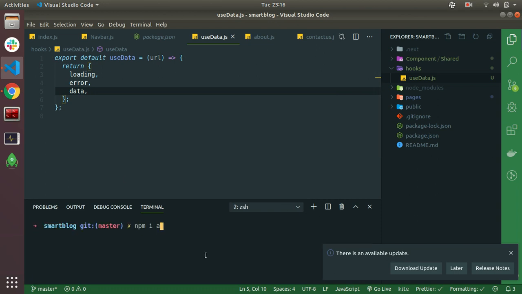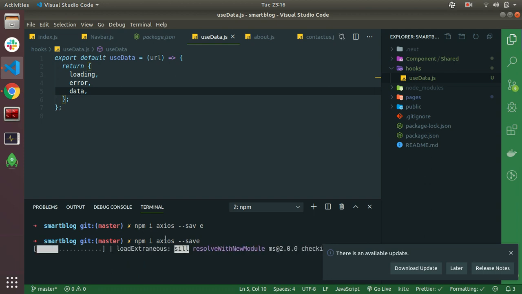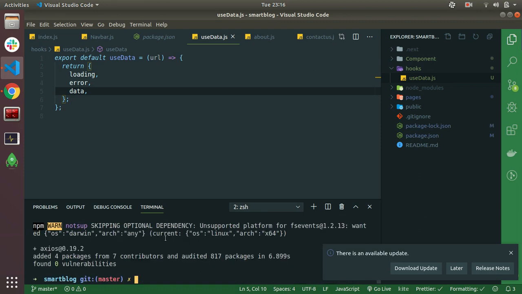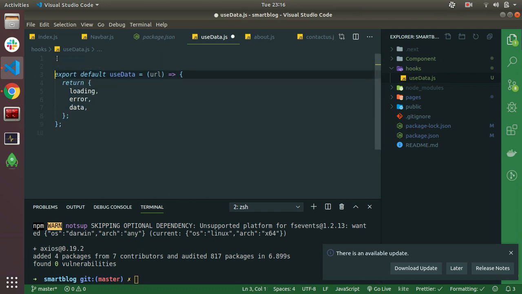So I'll say npm install axios --save. Okay, this is a general Axios command for React applications. So if you are familiar with React, there are 90% chances that you are familiar with Axios also. So what we are going to do is import axios